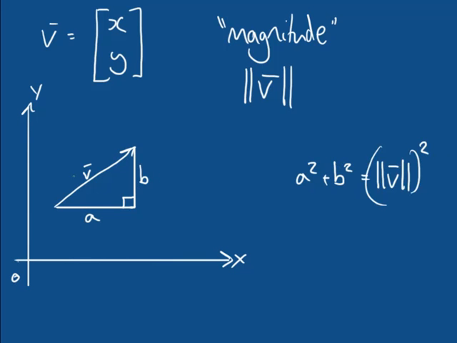Well, what about the length of a and what about the length of b? How can we find these? Well, it's actually very, very simple. If we think back to how we defined our vector and how we get our graphical representation of the vector, we need to think back to our Cartesian components. And we know, using these components, that they tell us that our vector travels a certain distance in x and a certain distance